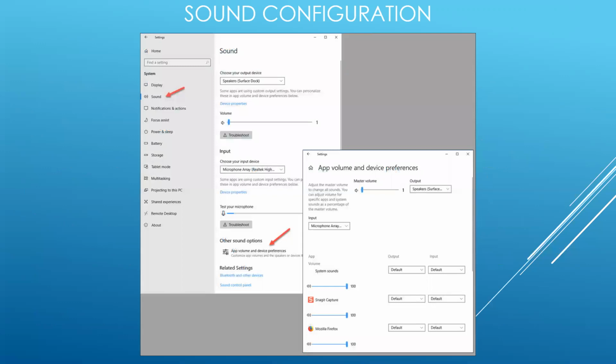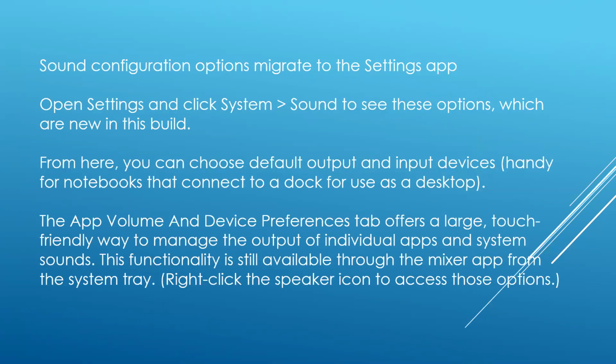The sound configuration now looks like this in settings. The sound configuration options have migrated now to the Settings app. If you remember, you used to have to click on the little icon of the speakers down on your taskbar. Open Settings and click System, and then go to Sound to see these options that are in the new build. From here, you can choose the default output and input devices, handy for notebooks that connect to a dock or